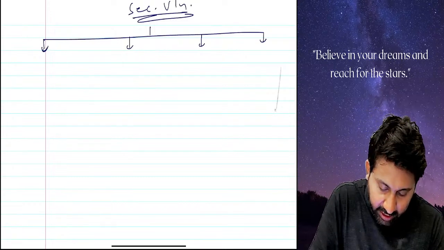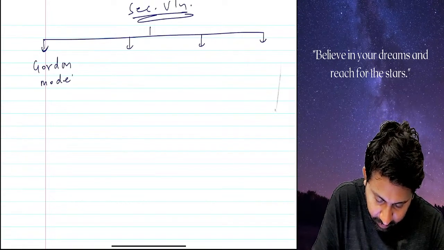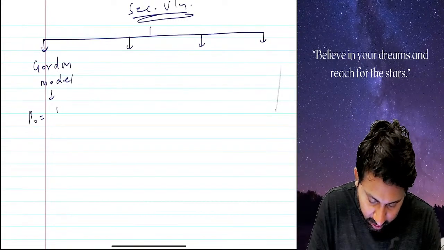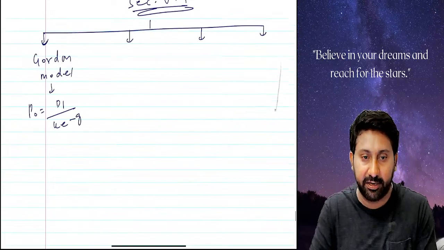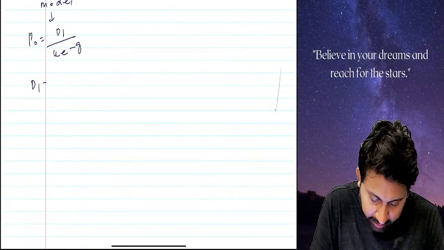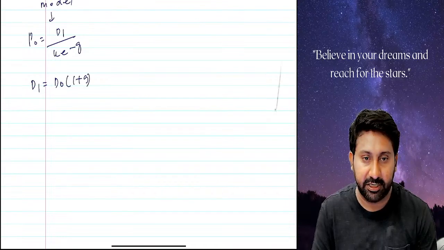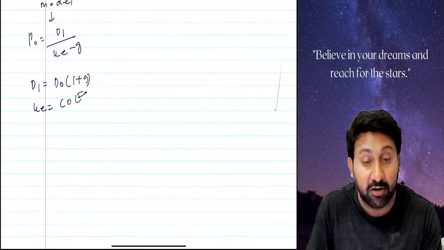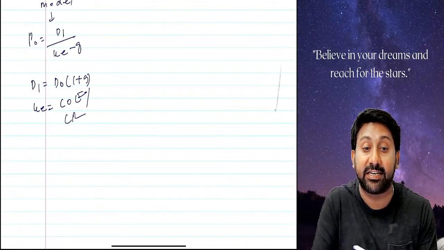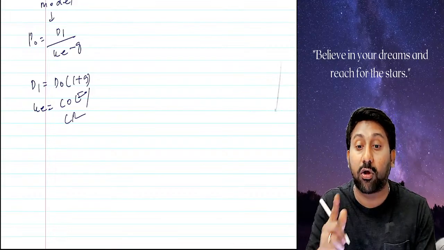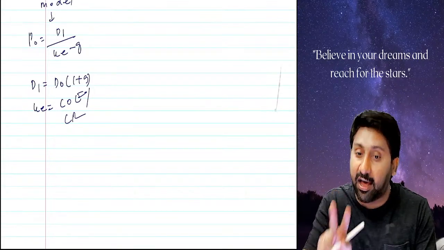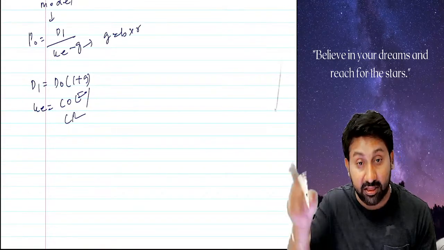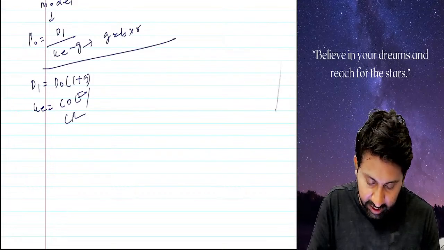First, he can ask a question on the Gordon model. Whenever a question comes on the Gordon model, the formula is P0 equals D1 by K minus G. D1 by K minus G. D1 will be D0 into 1 plus G. KE means cost of capital or cost of equity, also called capitalization rate. Okay, return on equity and cost of equity are not the same. Return on equity is R, cost of equity is KE. Why will R be given? G equals B into R. For that R will be given. So be careful. Okay, next.